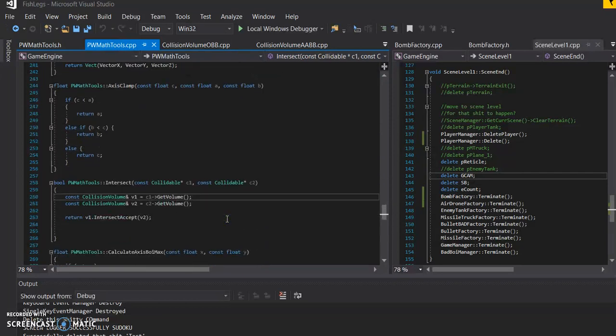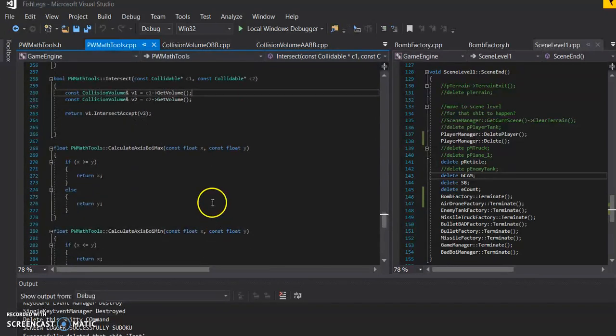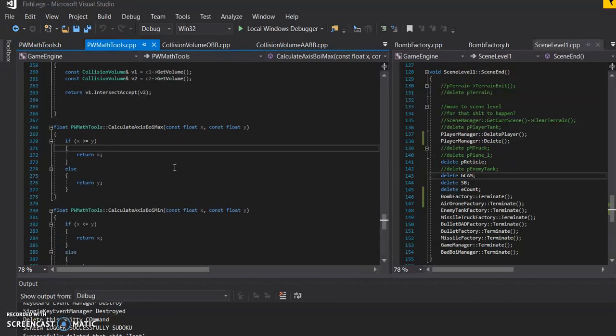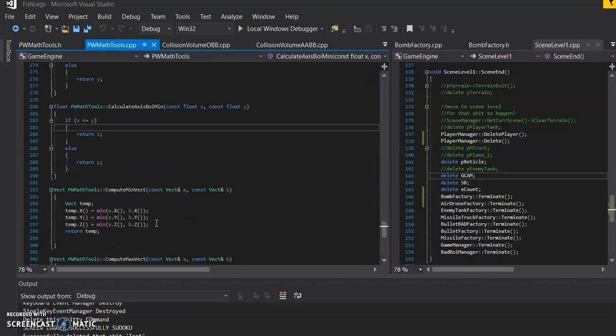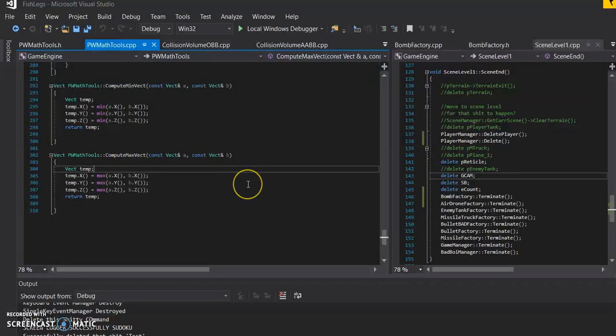Here's intersect between two collidables. So the generic type to start the whole intersect except pattern. Here's the calculate axis maximum, calculate axis minimum, compute minimum vector, compute maximum vector. Alright,